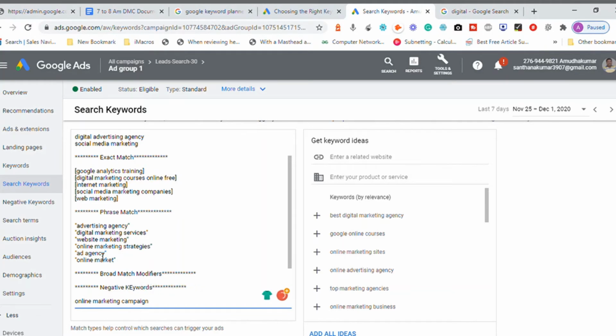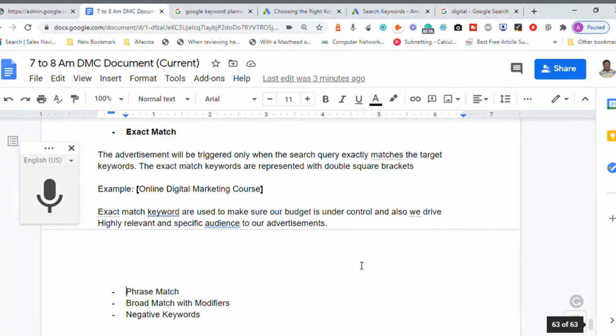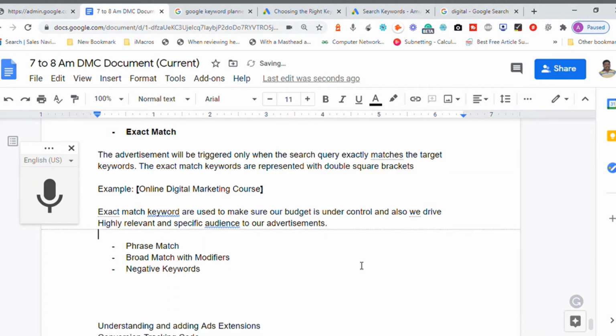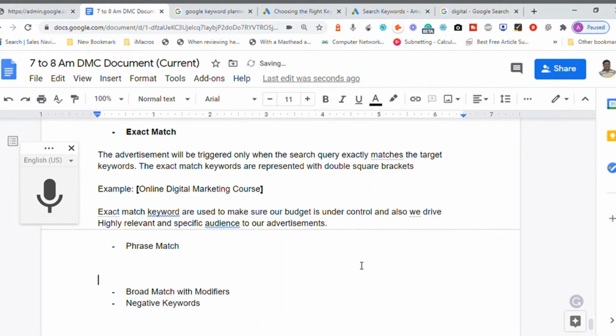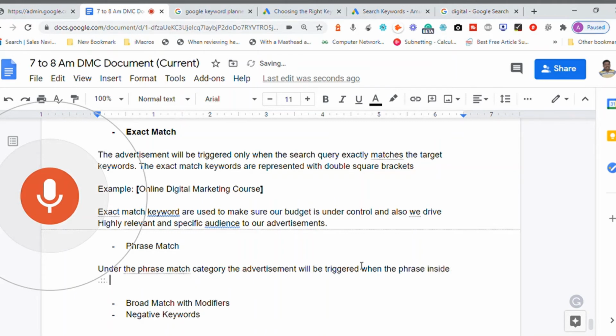Okay, so phrase match. Phrase match will trigger your advertisement. I will define it right now. Under the phrase match category, the advertisement will be triggered when the phrase inside the keyword matches the search query,